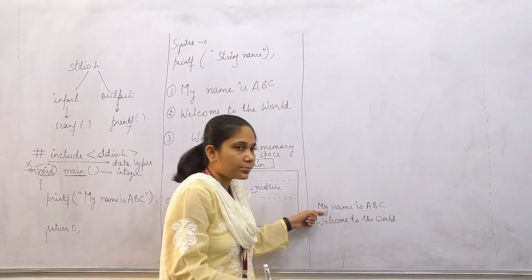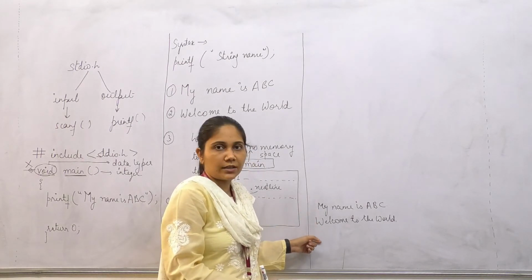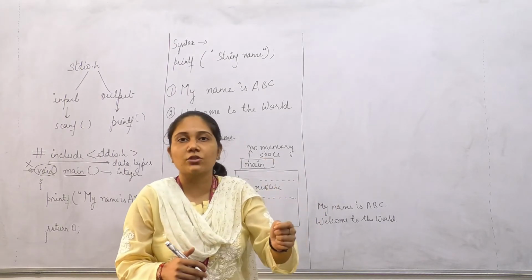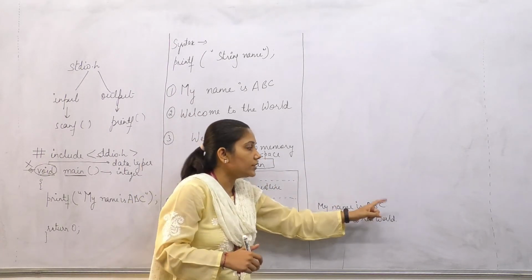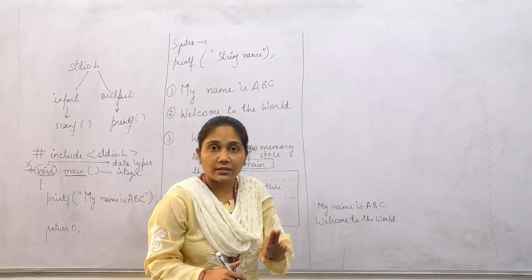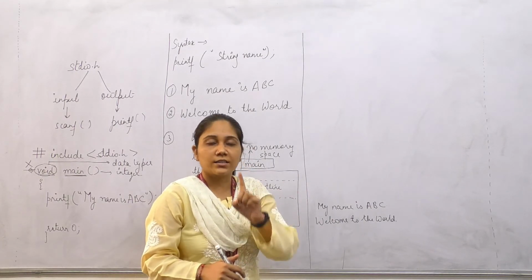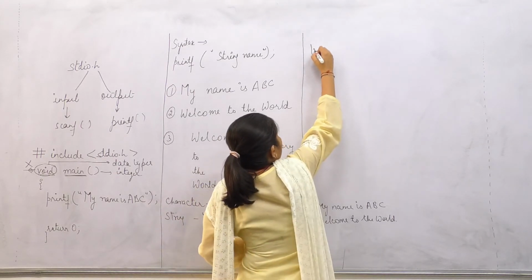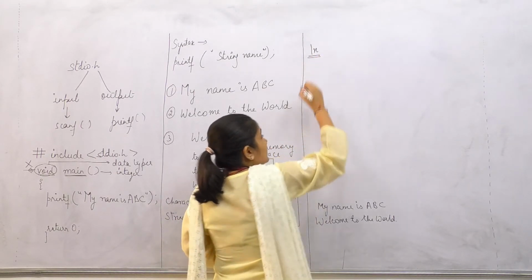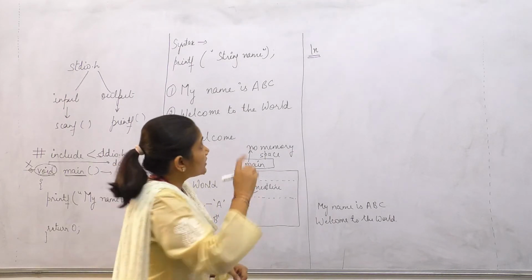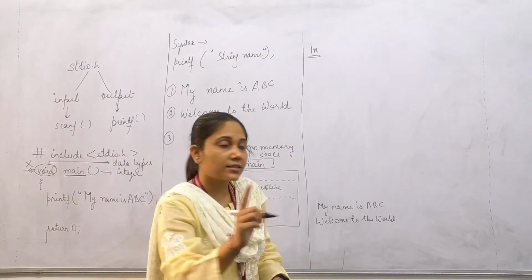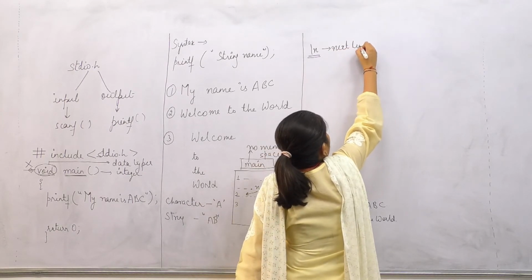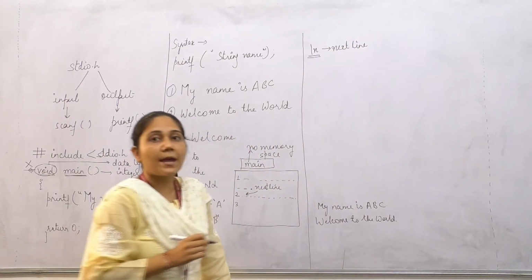There is nothing like an inbuilt next line concept, where after the first printf, the next printf would by default come to the next line. No, we have to provide some instruction to the compiler that now we want this statement to be on the next line. For that we will use our escape sequence, which is \n. This is all together with the backslash. This \n means next line, which is our escape sequence.